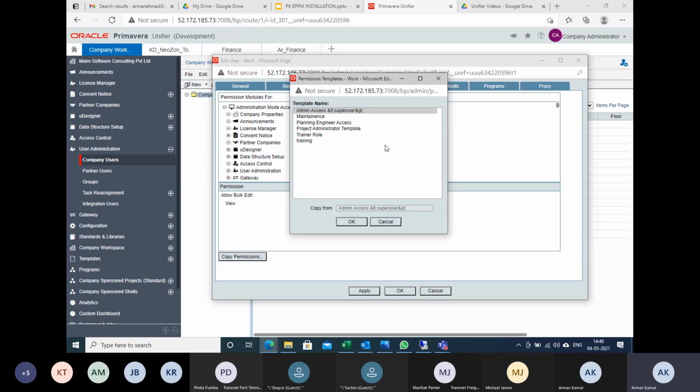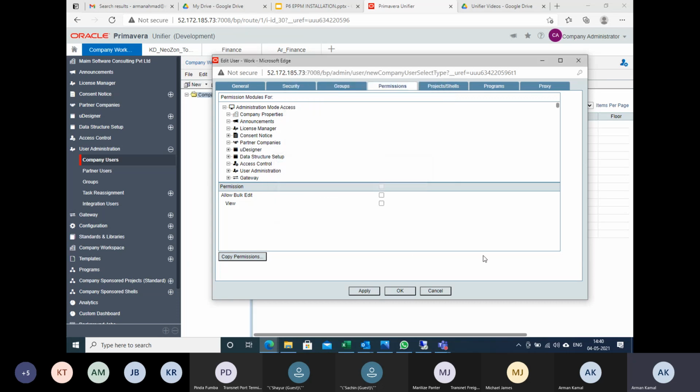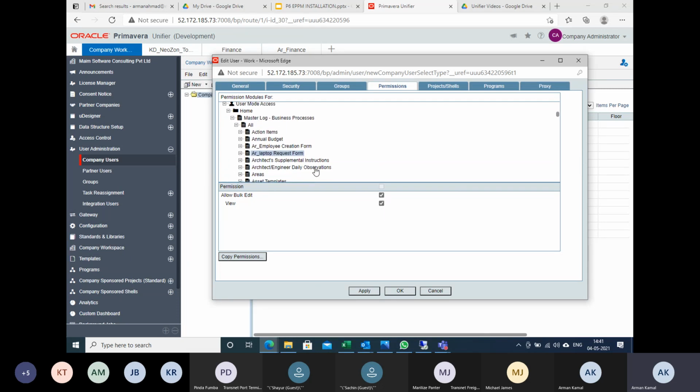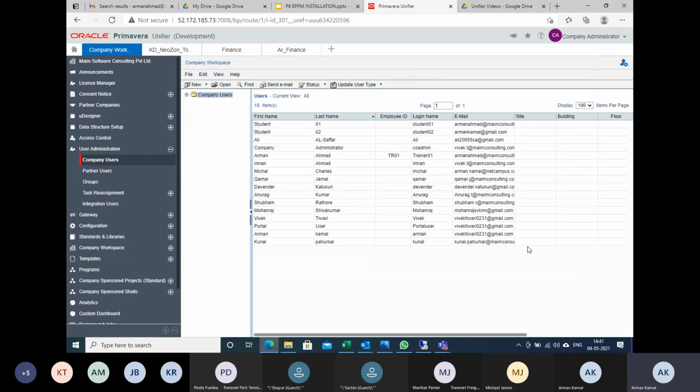So let me create an admin access for the manager. Apart from that, I need to create log access for this. Okay, now I'm going to create this user. So you can see Michael Charles is being created here. Now I have created the user and I have given the access, but